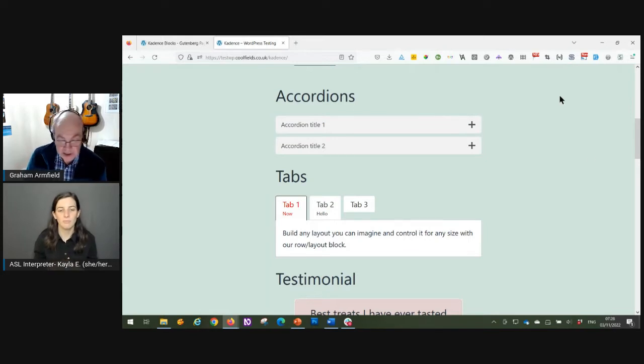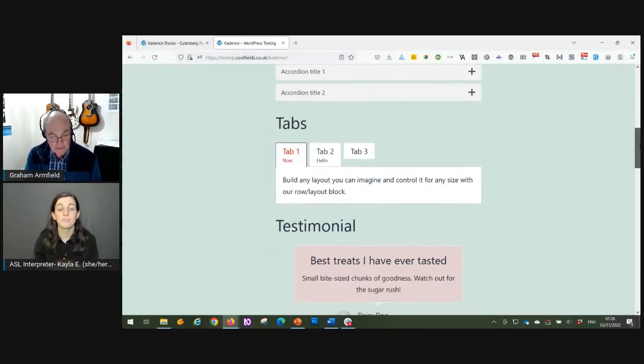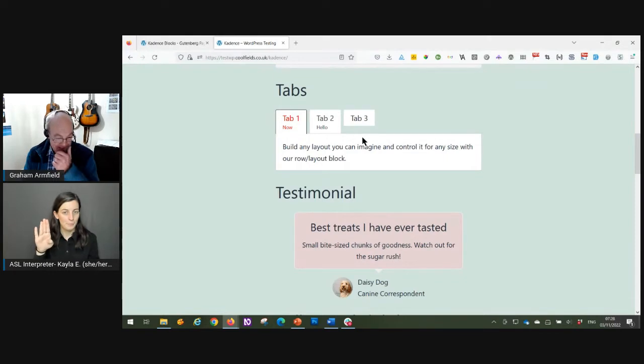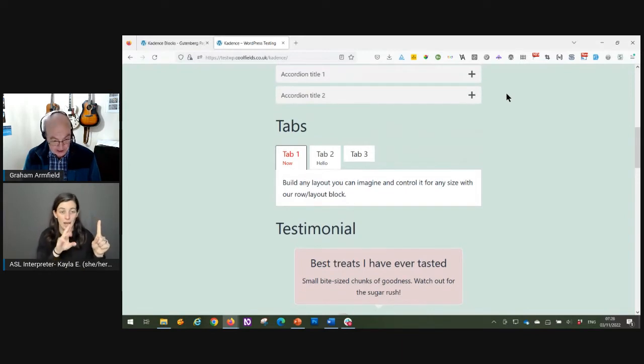Moving on. Next one I've got is a tab panel. There's a slight problem with the appearance of this one because tab 3 is not as high as the other two, but this is pretty good. Where's keyboard focus here? If I tab to the tab panel, the focus is there. It's on this panel at the moment. It disappears immediately though. That's a problem because you're not certain now where keyboard focus is.